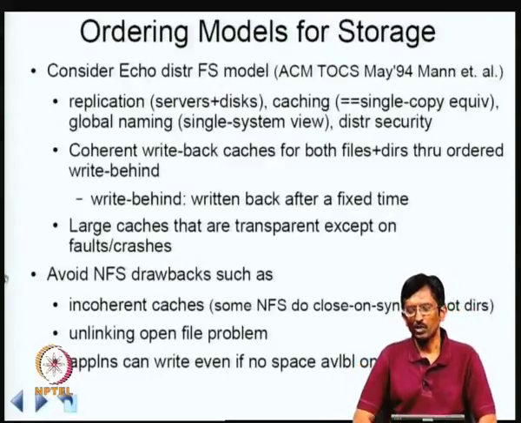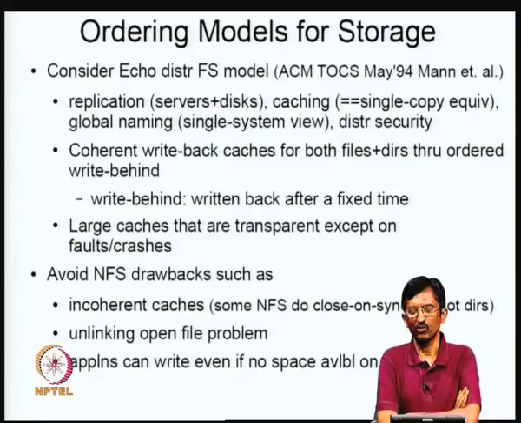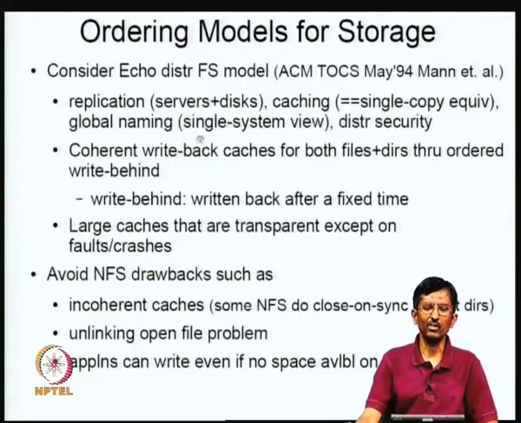So, with that, I want to start moving to a slightly different topic. We were looking at how to order events, and we were talking about how things can fail at the messaging level. I want to start thinking about what happens in case I do it at the storage level. We previously looked at the NFS model, and because of the way it does caching, it was not going to be completely consistent.